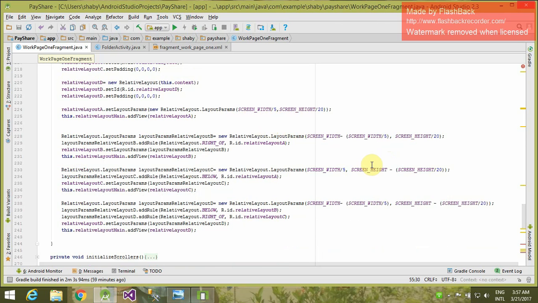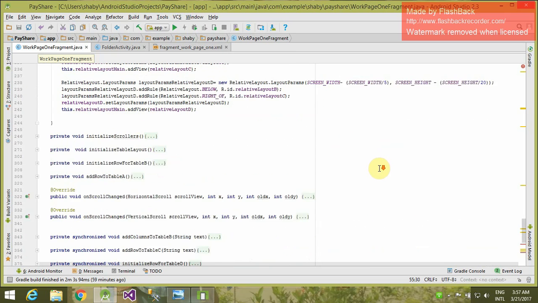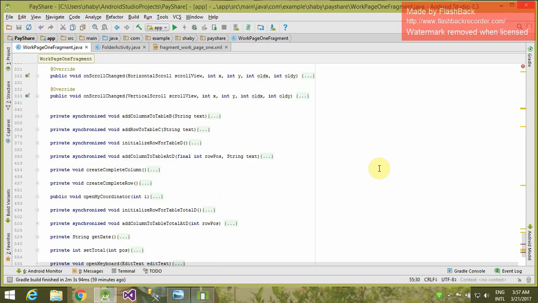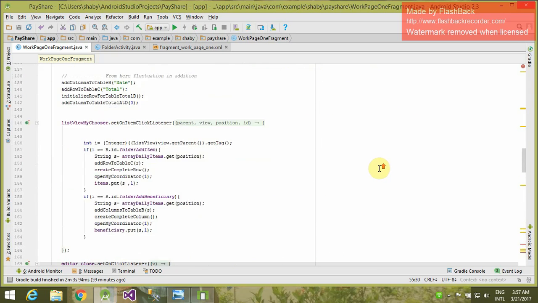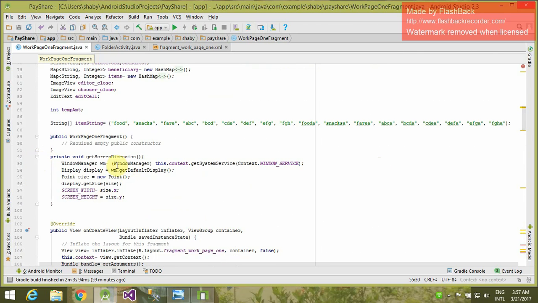Let's see how we will calculate the screen width and screen height. It is in a function. Let's check where that function is. It's present here. I use this function to get the screen width and screen height.